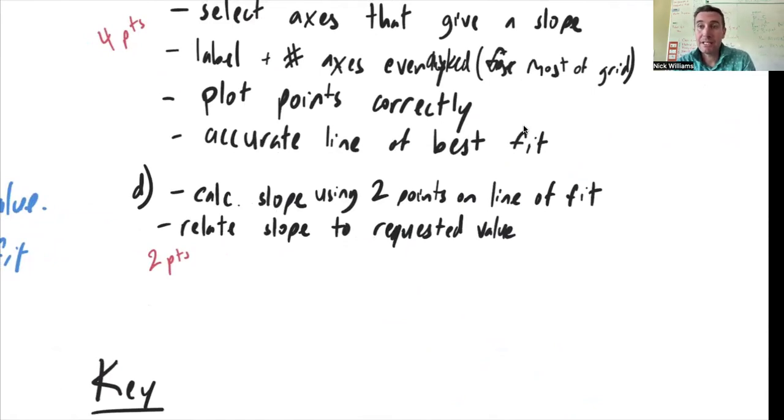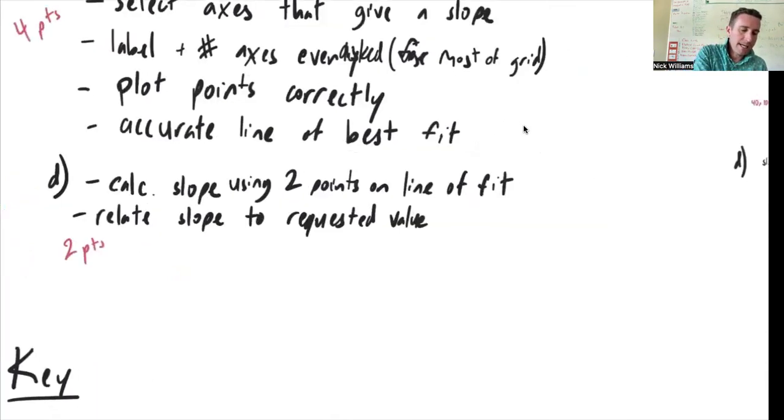So basically, it'll tell you to now solve for the radius of the planet. So you need to calculate the slope, using 2 points on the line of best fit. Do not use the actual data points given to you. Use the points on the line of best fit to find the slope. Then relate the slope to the requested value. So that will look like